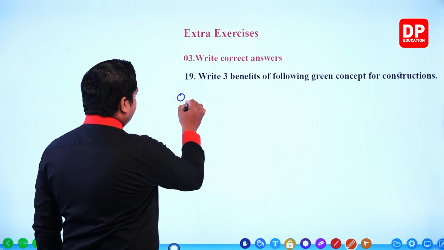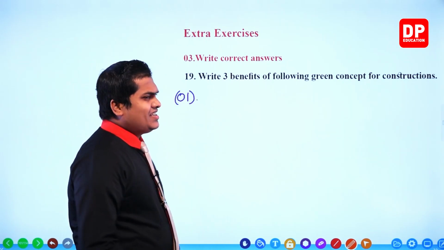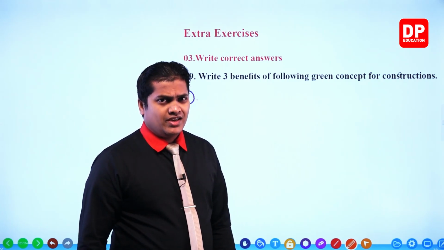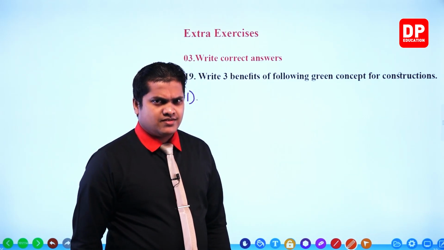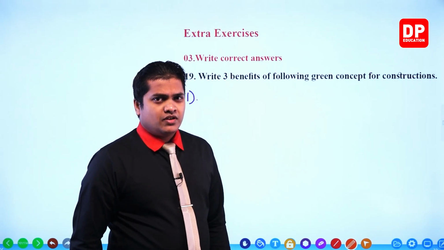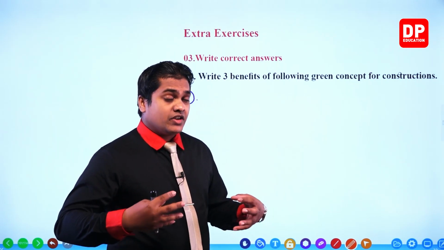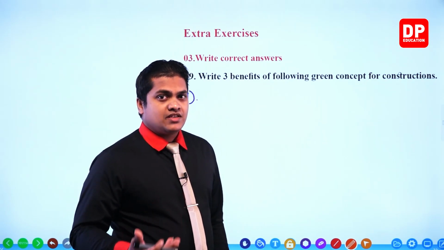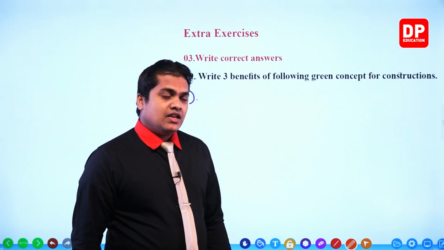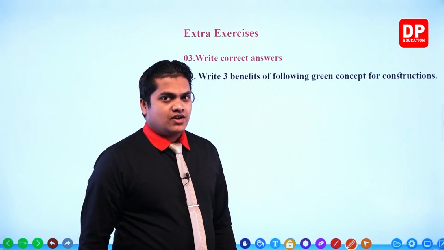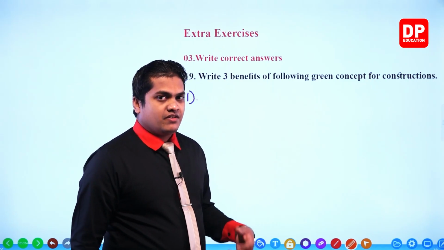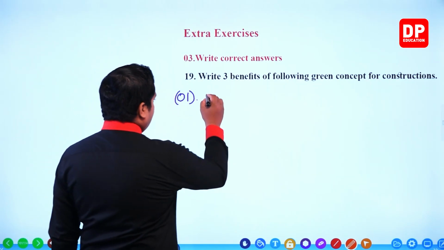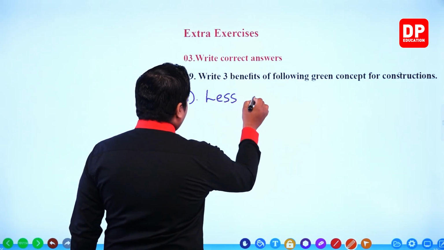Number 1. My dear children, in each and every place we can write less environment pollution. Okay, then less emission of greenhouse gases, and also less emission of carbon dioxide gas. All of these things are okay for each and every place where we are going to use the green concept model. So we can write as benefits less environment pollution,